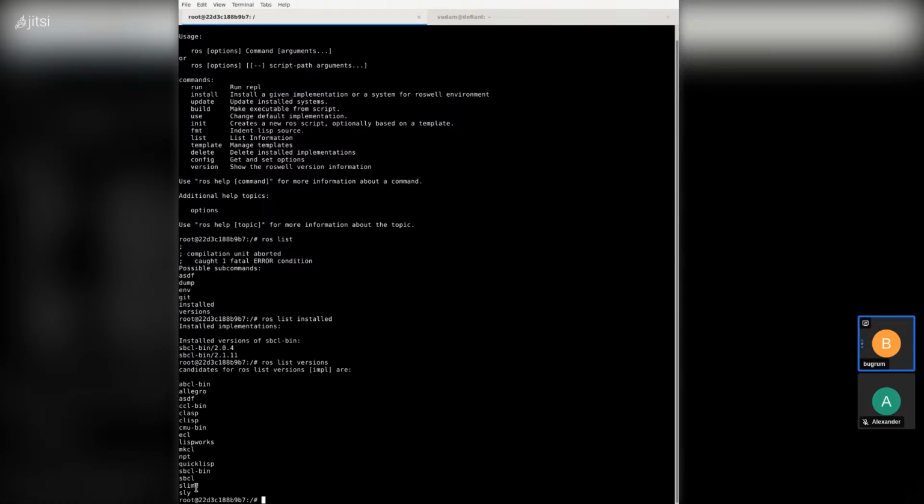SBCL by default is, I think, the older Steelbank Common Lisp setup. To actually install Steelbank through Roswell for all newer implementations, you're going to have to end up using SBCL-bin. I don't believe you can use SBCL to get newer versions, just because I've had some issues in the past dealing with it. Additionally, for those of you who are looking at Armed Bear, which is the top of the list there, ABCL-bin, you need to check, and it would probably be best to check the version of Java that you end up